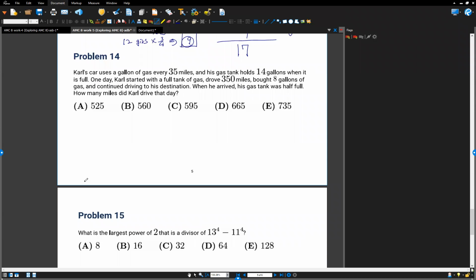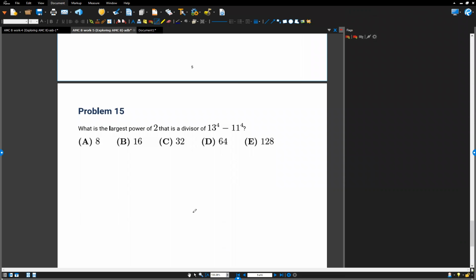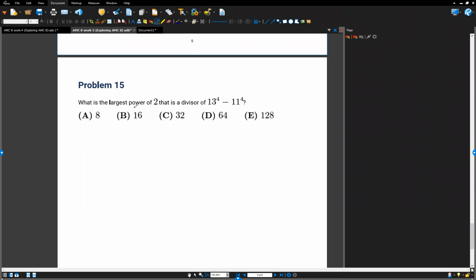Okay, too much word problem. I'm going to do 15 first. After that, we're going to pick number 14, right? 50, very simple, looking nice. What is the largest power of 2? What that means, when you have 12, your prime factorization is 2 squared times 3 to the 1, right? The largest power of 2 is what you find in this number,